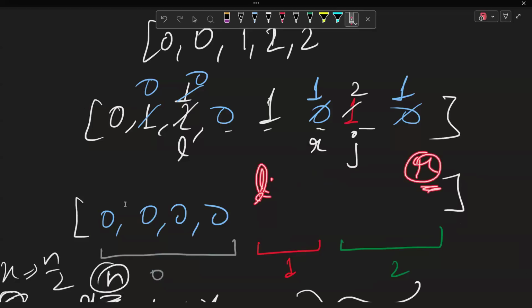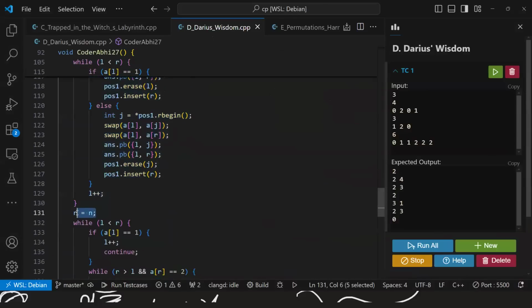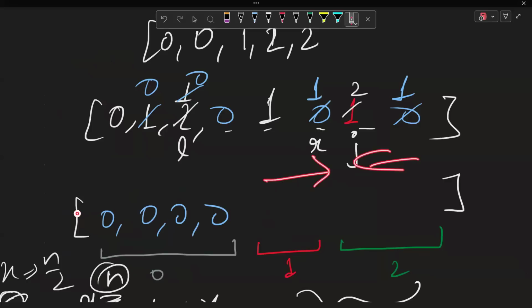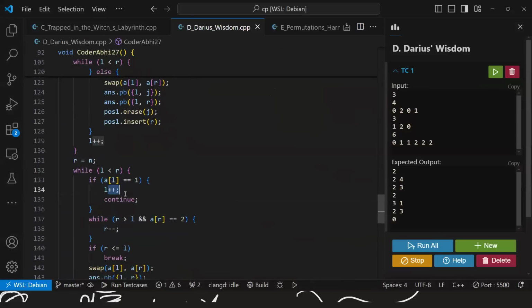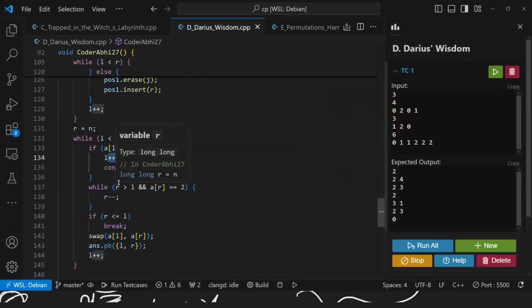Okay, so R would be updated to N. Then again I run a two pointer from here to here. Whenever I have a 2, 1, I swap them. So if A[L] is 1, that's fine, L plus plus and continue. When A[L] is not 1, it is a 2, then I try to get a 1 from the